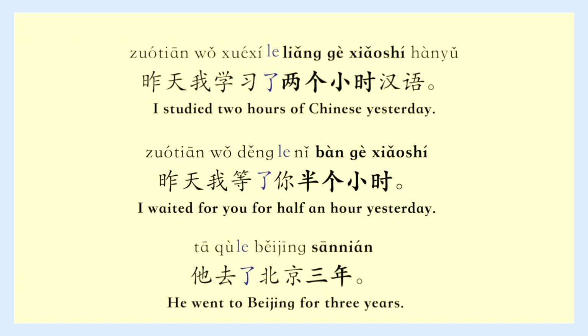Simply add a 了 after the verb. Let's see some other examples. 昨天我学习了2个小时汉语。昨天我等了你半个小时。他去了北京3年。